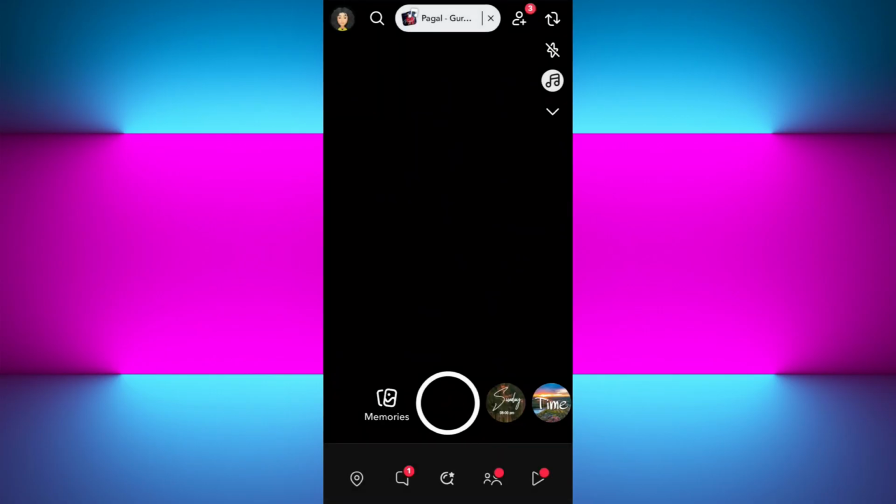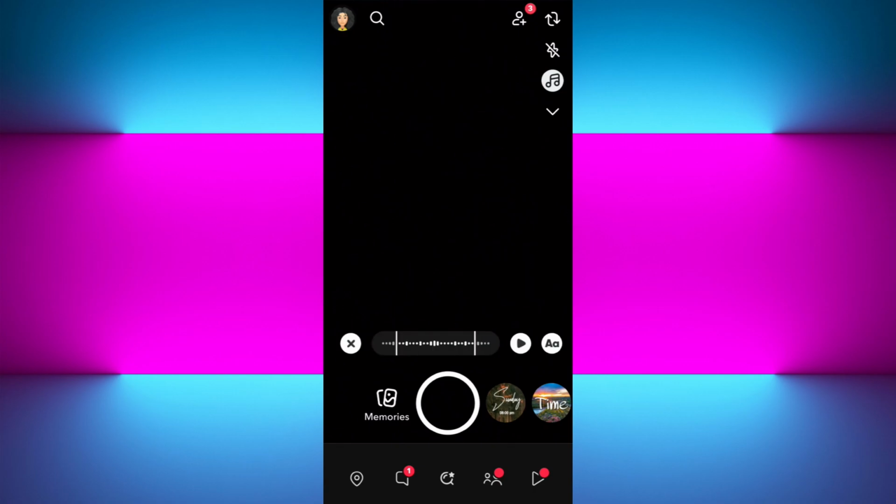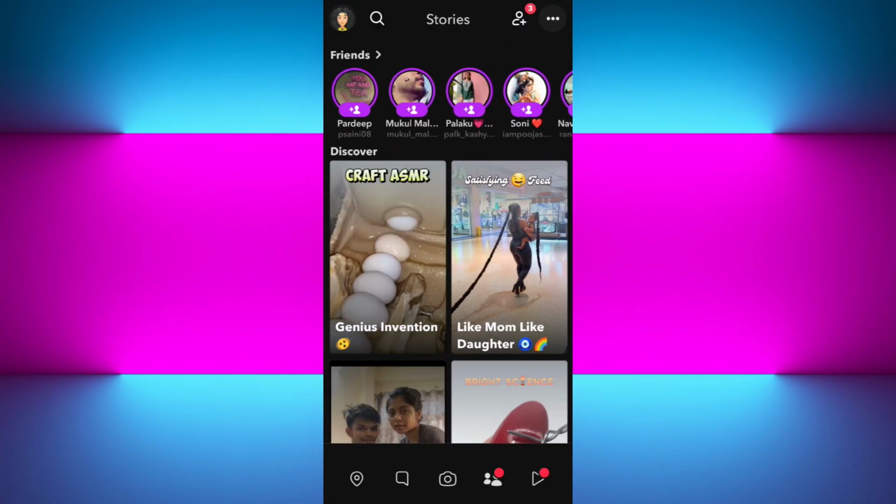After tapping on this track, Snapchat normally adds only a short clip, but you can expand it manually. After selecting the song, you need to look at the bottom of the screen where the sound timeline appears. You just have to simply hold and drag the timeline left or right to choose the longest possible sections of the track. Snapchat allows up to 60 seconds on some versions and around 10 to 20 seconds on others depending